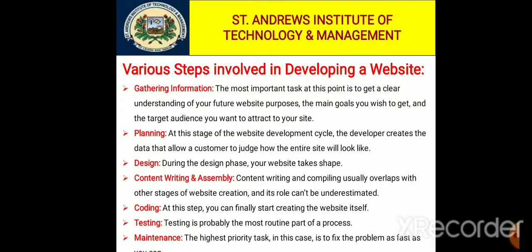The fifth step is coding. At this step you can finally start creating the website itself. Basically, graphic elements that have been designed during the previous stages should be used to create an actual website. Usually the home page is created first, and then all sub pages are added according to the website hierarchy that was previously created in the form of a sitemap. So frameworks and CMS should be implemented.